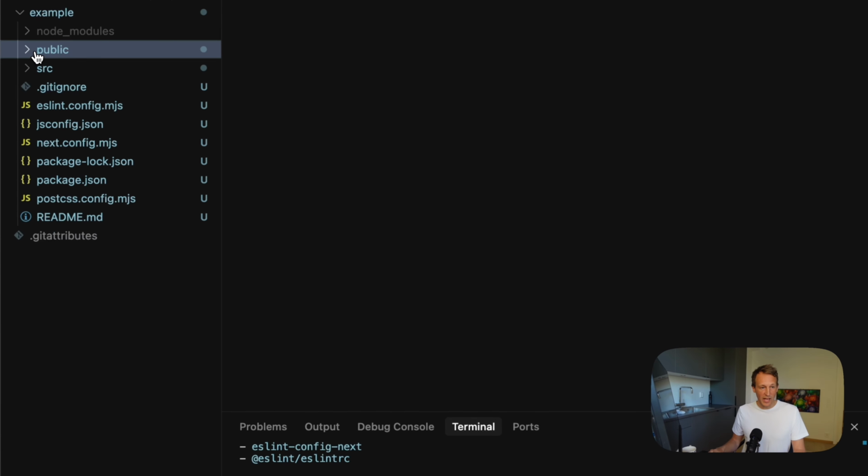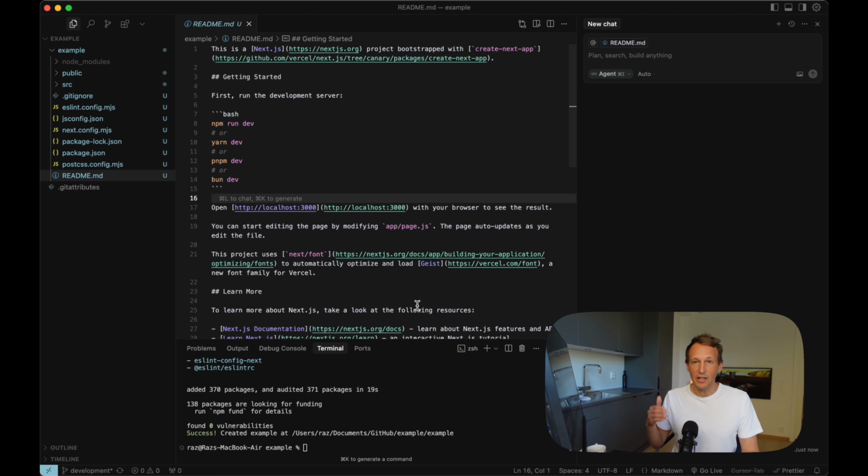So we have this public folder, we have a source folder, and we have a gitignore, and we have a lot of other things here. So that is basically how you install Next.js. And now you're probably thinking, what are all these files for? It was so much easier before, when we were just doing JavaScript and HTML and CSS. Well, I can tell you that over time this will get much easier,